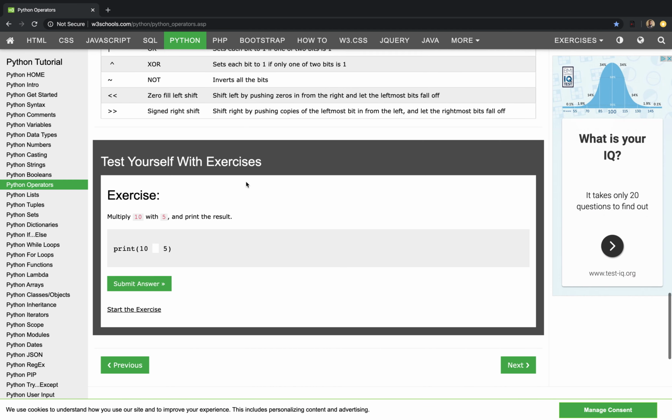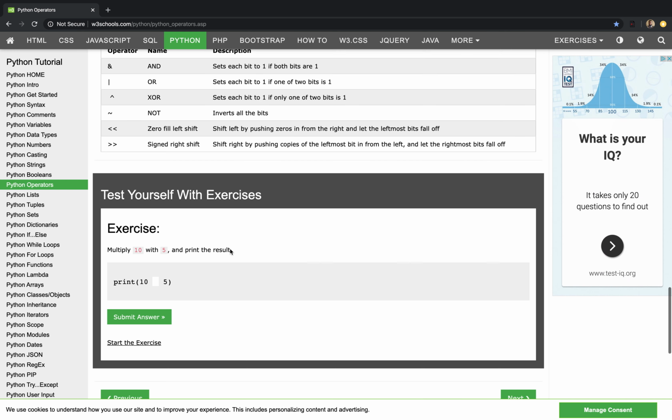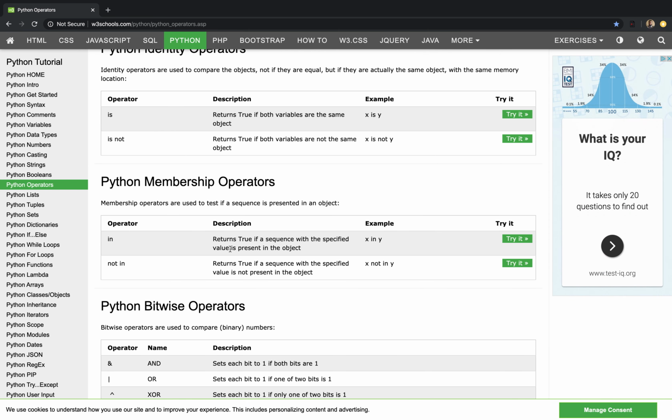And viewers, as I previously mentioned, please make sure that you do these exercises at the end of the lecture, which will reinforce your learning so you can answer these questions. And to further reinforce your learning, make sure you make a Python file and write these codes and test different logics. This will help you. We will do later on a full Python code where we will include all these